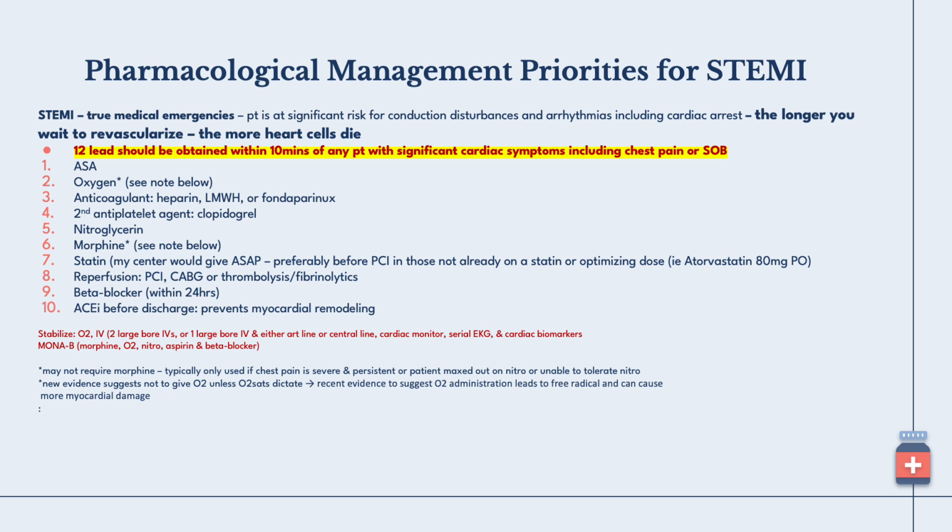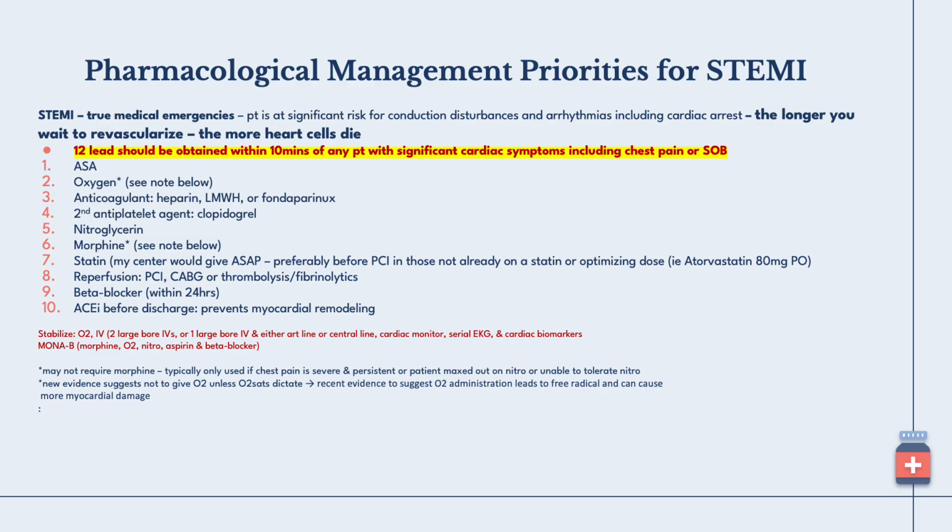Beta blocker, but this isn't given until 24 hours later. Always really important to consider the beta blocker, but it's not part of the initial workup, but I want you to be thinking about that beta blocker within the first 24 hours. And then a really, really important starred highlight is that before these patients are discharged, getting them on an ACE inhibitor is going to be critical. This helps prevent the patient from having myocardial remodeling, which is really important to try